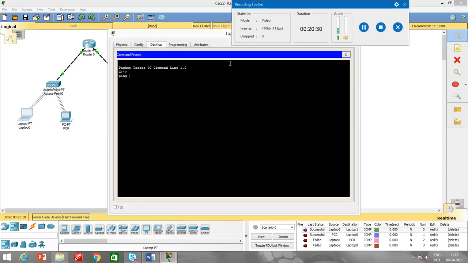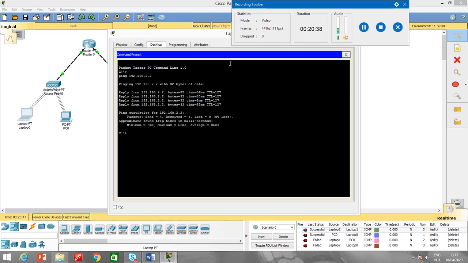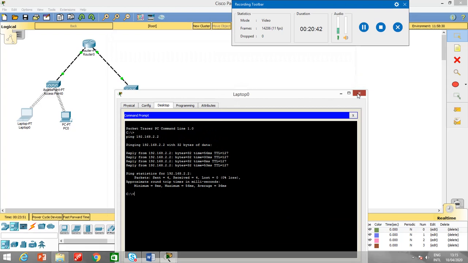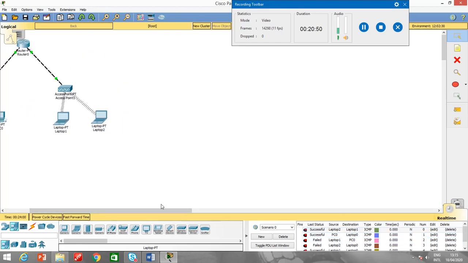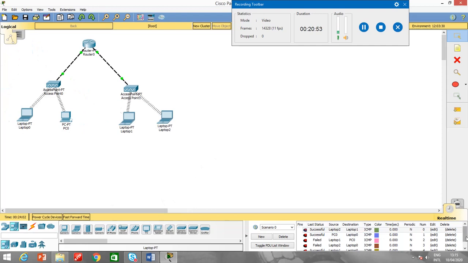Okay, ping 192.168.2.2. It's working with the ping command. If you see from laptop 0, I can ping this one. Alright, let me try again to send from here to here. So it's successful. If you see here, it is successful.